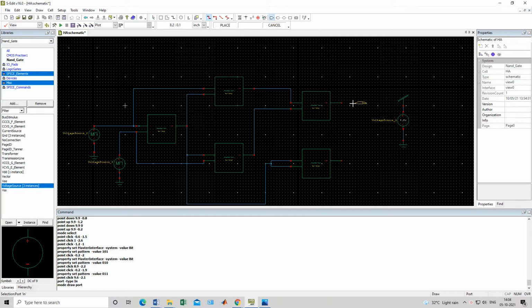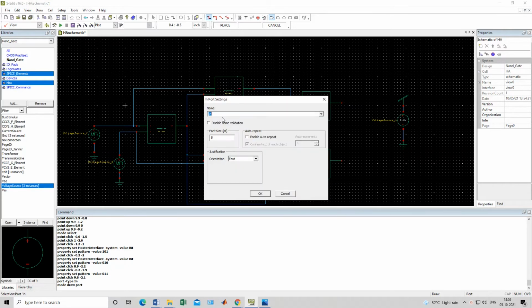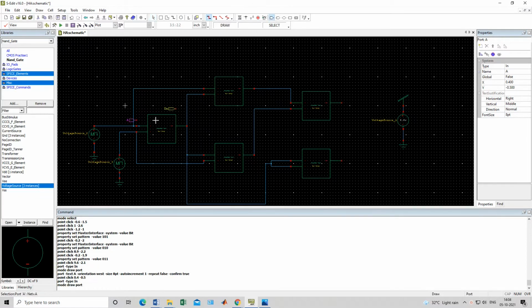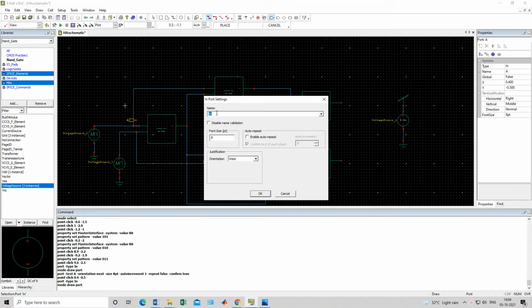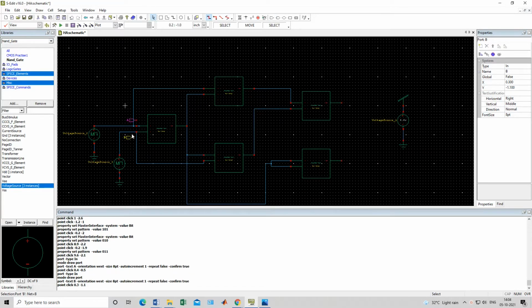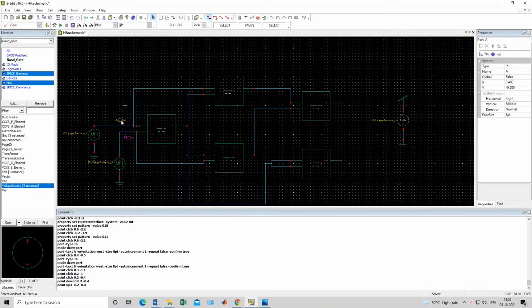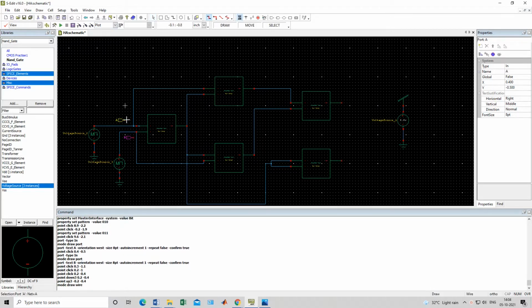Just connect one input from here also, at this place, name it as A, and make it on the west side. Done. And one input here also, name it as B, west side only. Okay, done. Just drag it, take one wire to connect it.